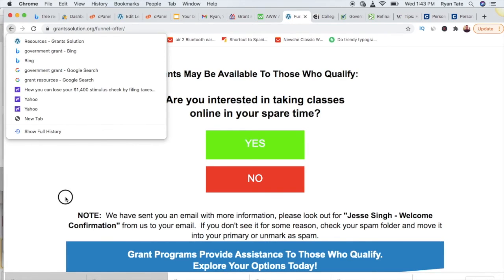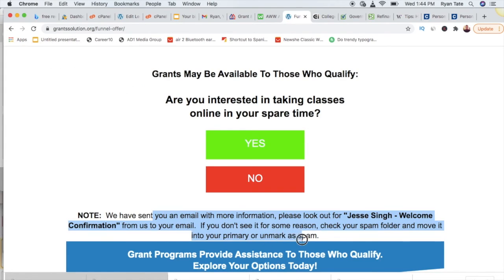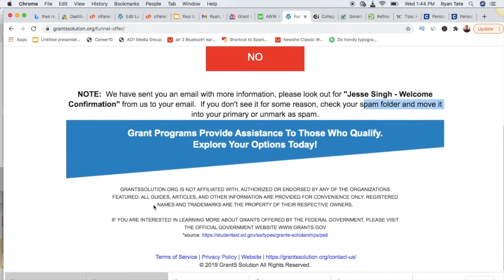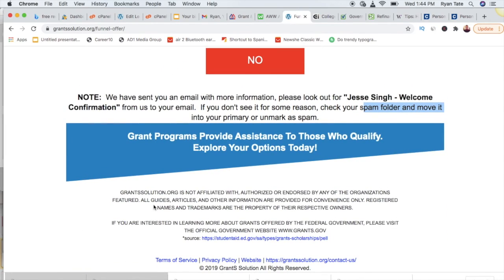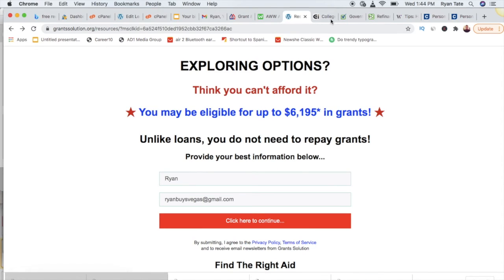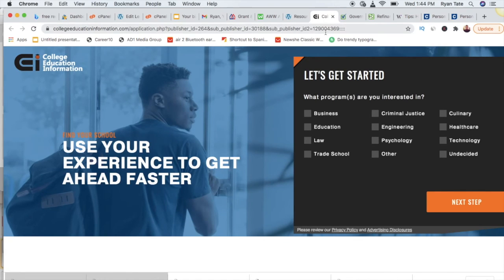But what we can see here is that he warms people up to tell them what to expect, that they're going to get an email from him, so that he can keep sending them follow-up emails in the future. Okay. So that's the offer that he's promoting. He's only taking people to one offer. This offer is paying out $15 or more, depending on the lead.